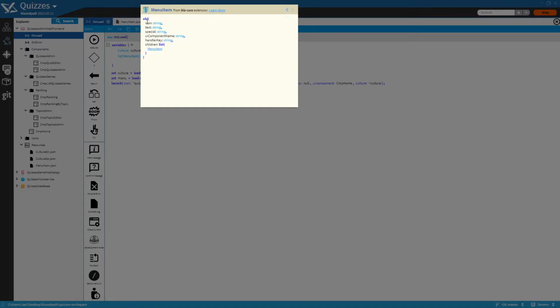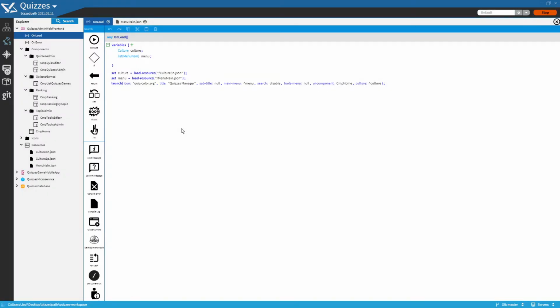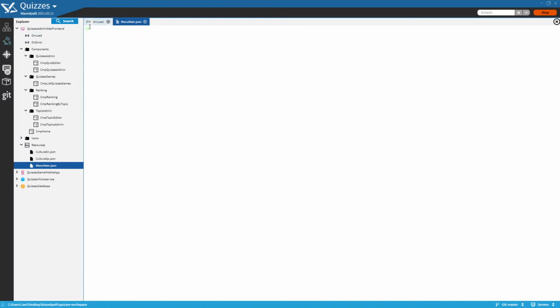The main attributes are the icon, a text, and a UI component. They are 3 string attributes. These are going to be the fields we are going to use to build our menu. Now let's open menu main.json, and we are going to create 4 registers, one for each of the 4 menu